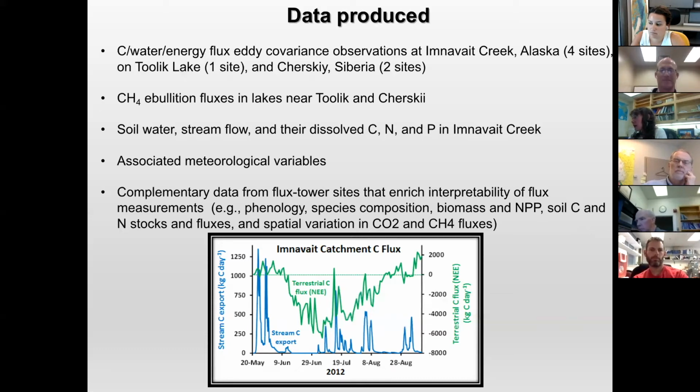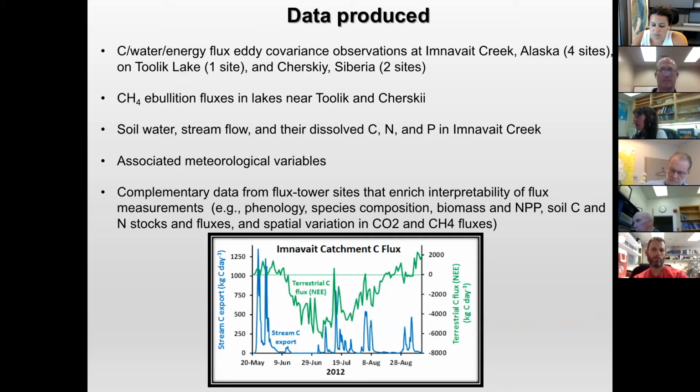The graph here at the bottom is showing you the relation between the terrestrial carbon flux based on the eddy covariance towers and then the stream carbon export that has been collected at Obnaviat Creek. So what we're trying to do is then put together a whole carbon budget of the Obnaviat watershed based on all these different measurements we've collected. It's probably about the best studied watershed in northern Alaska. So putting together a carbon budget in this watershed is an important thing to do, and actually a tractable problem.